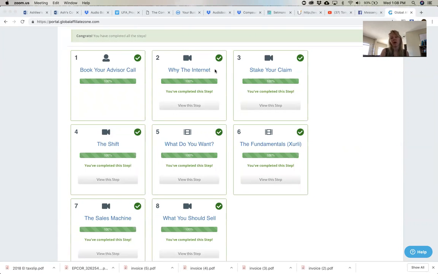So he talks about why the internet, so it's kind of like moving from brick and mortar to click and order, which is the way that everything is going. He explains the benefits of having a customer base all over the world and not being restricted to your geographical area as far as customers, because the only thing that a business needs in order to survive and thrive is a flow of customers and people to purchase products. So it talks about that.